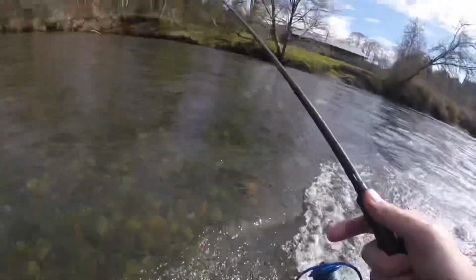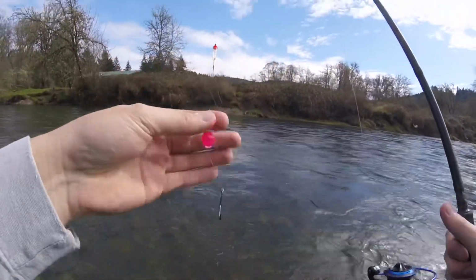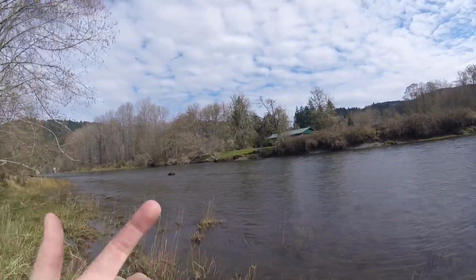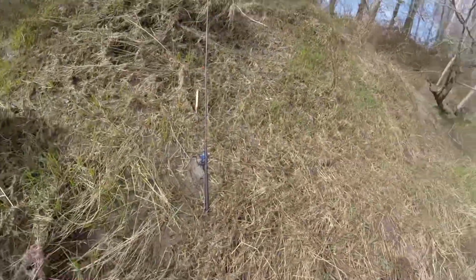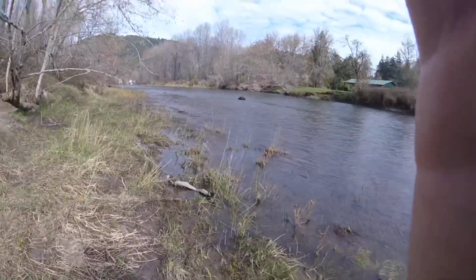Okay, I switched it up a little bit, went to a bead, had a jig on for a while, so I switched to a bead. About to wrap it up here, fished for a few hours, and I was here, fished for a few hours yesterday here too, and nothing. The wind is really blowing, it's hard to fish with the wind, and you guys probably can't hear me all that well, but